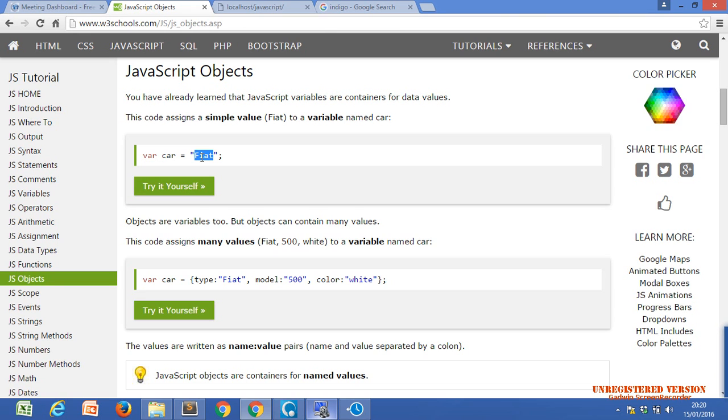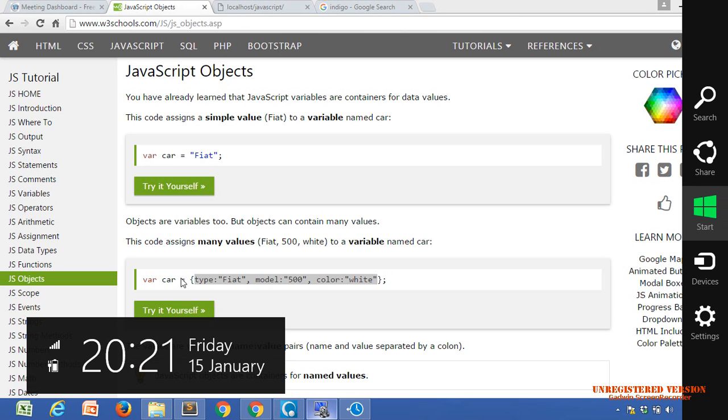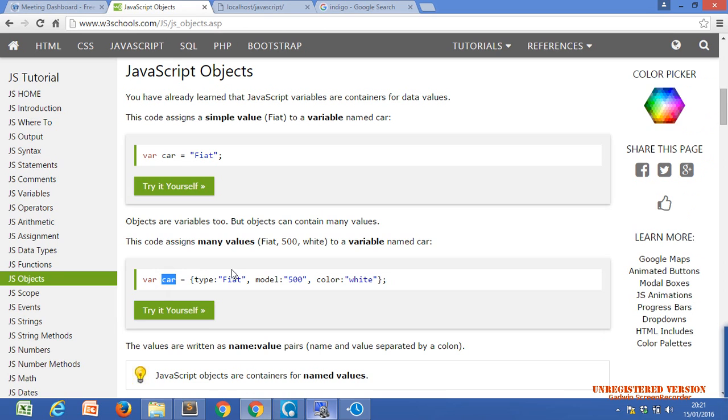In the object type, you can assign multiple values, a key value combination, into one variable. This is one car variable, and we assign Fiat, 500 and white. These are the keys: type, model, and color.